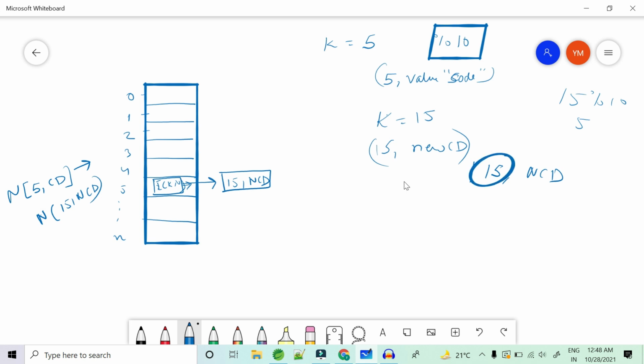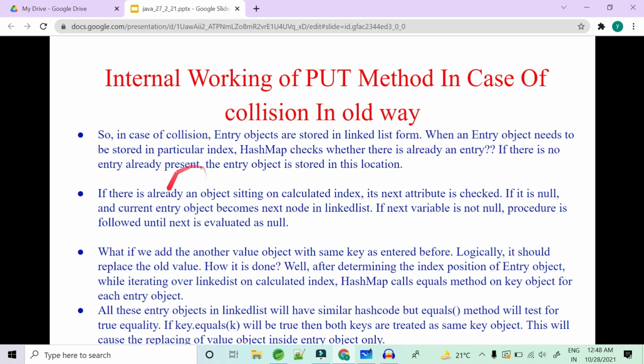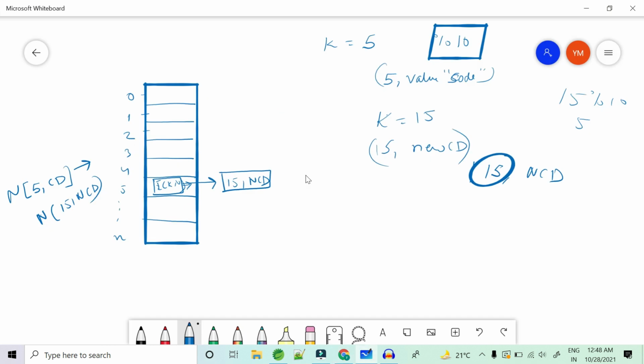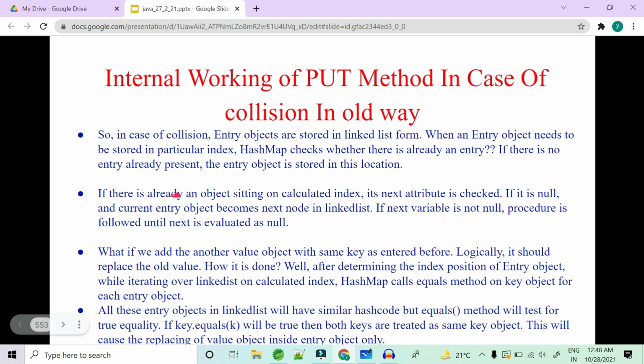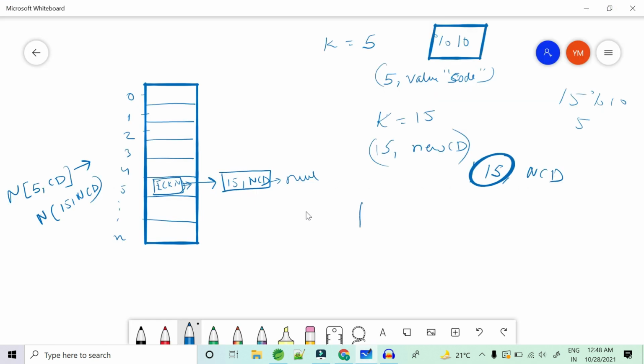The hash code becomes 5. So it goes there and checks whether there is any entry object already present. If it is not present, then the entry object is stored at that location itself. But in our case, it is present. So if there is already an object sitting at the calculated index, the next attribute is checked until it is null. This is similar to linked list creation. So if you have these 3 linked list nodes, then you have the 4th node to be created.